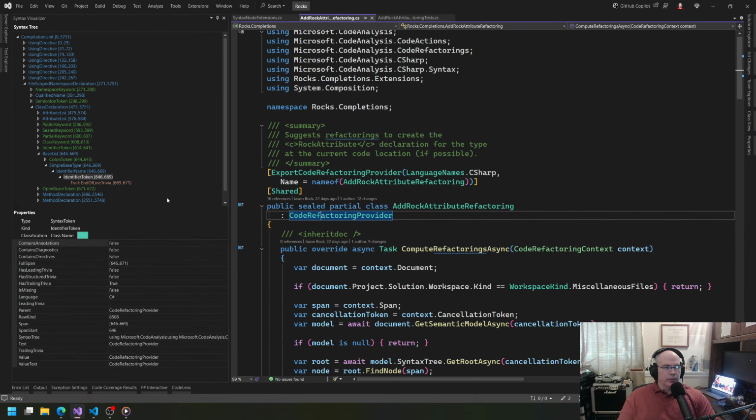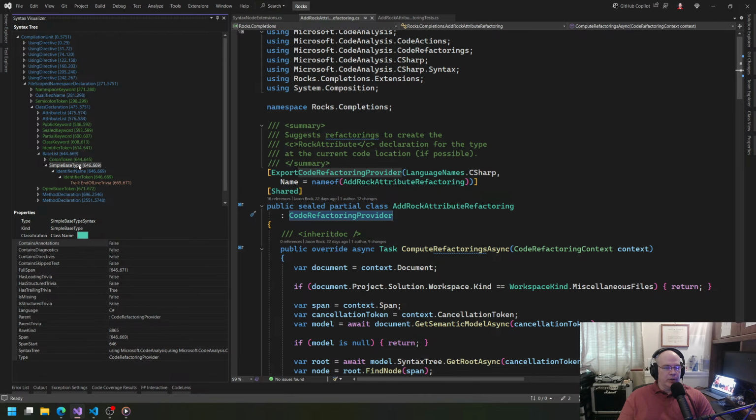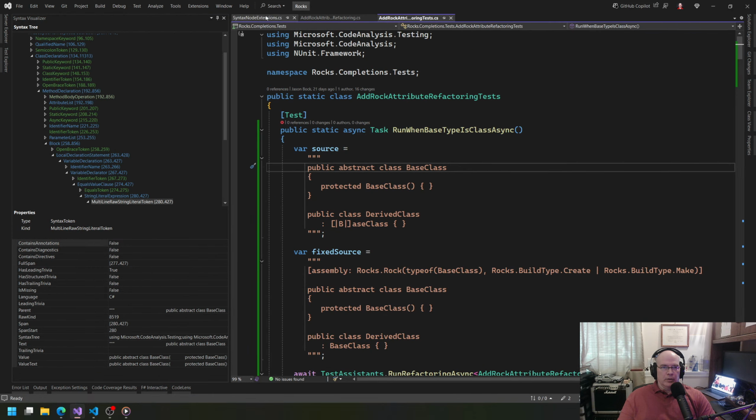Because this derives from something, so this should be our simple base type. Oh, there's a type property on it. Okay, so